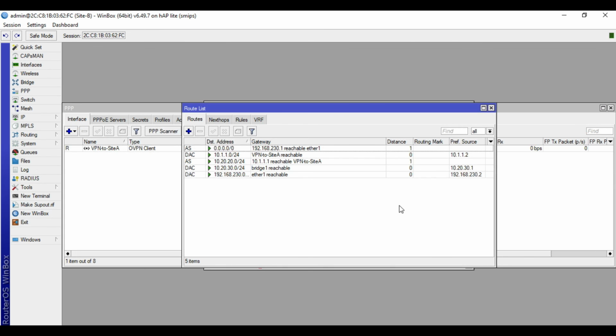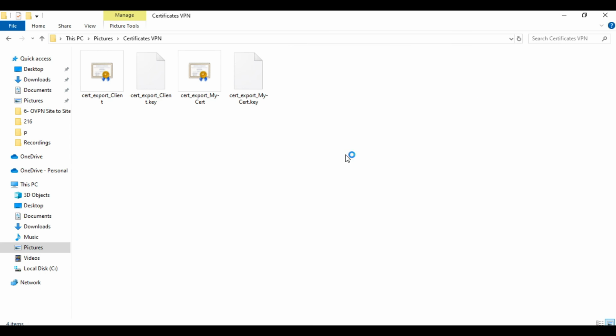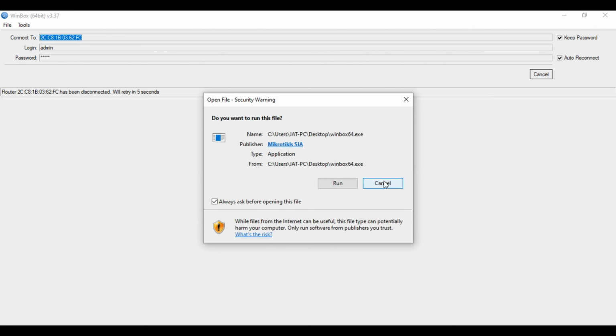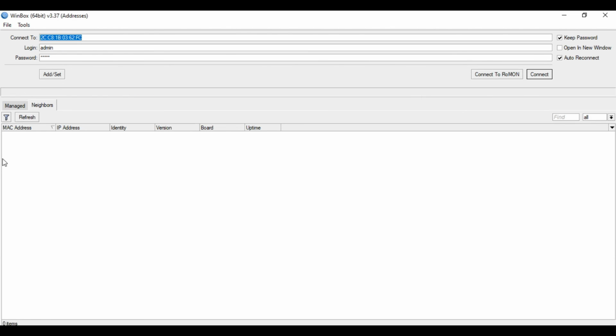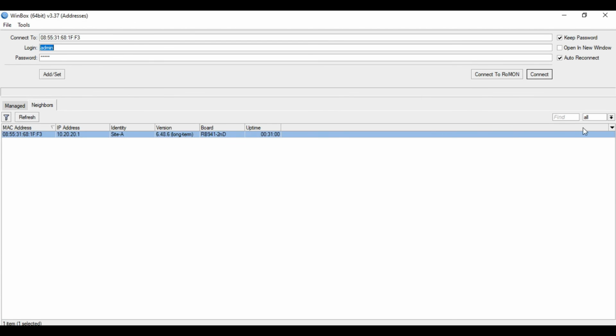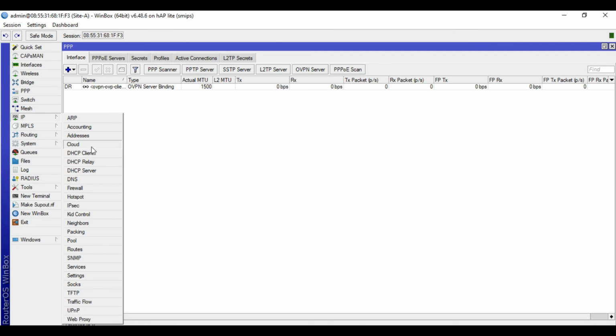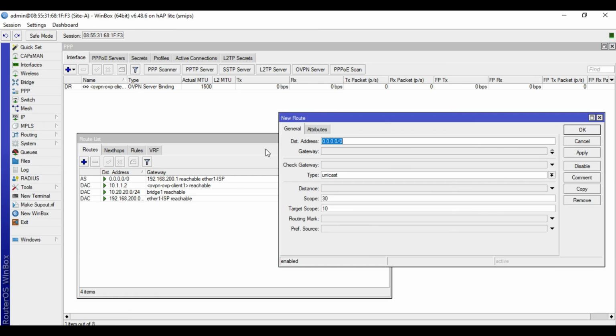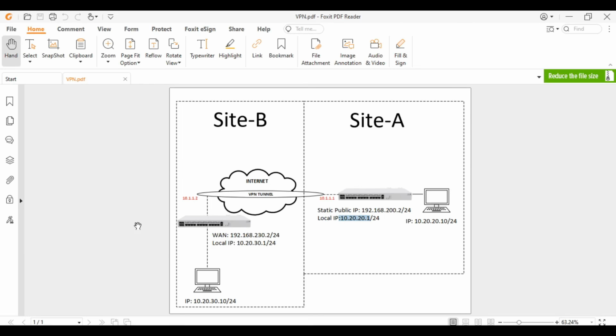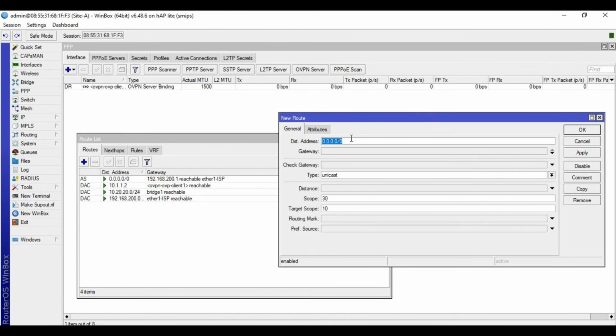Okay. We will also do the same for site A. We'll now go to IP, then routes. Click plus. For the destination address, we'll input the LAN address of the site B, 10.20.30.0/24.